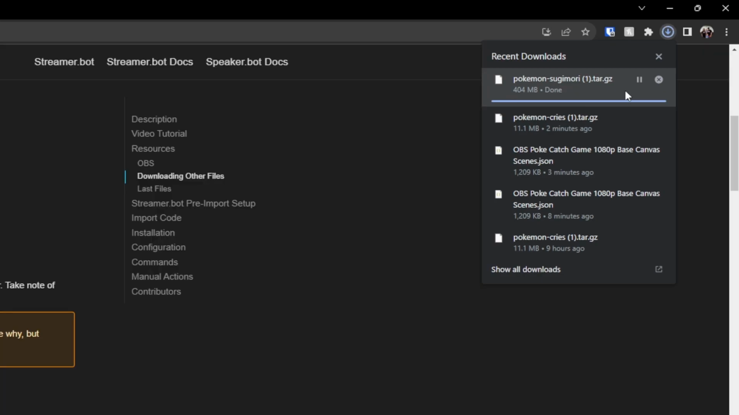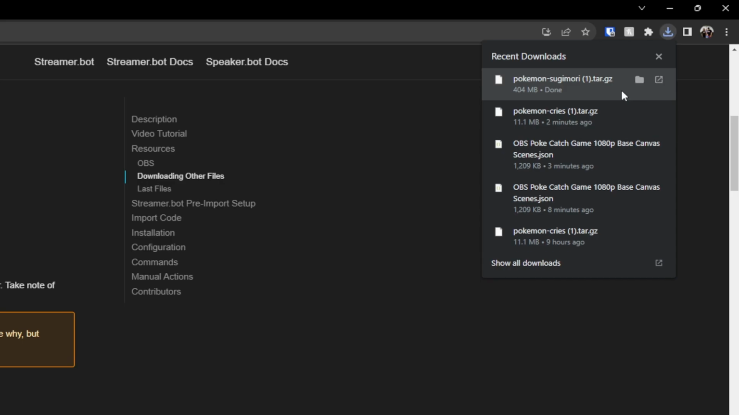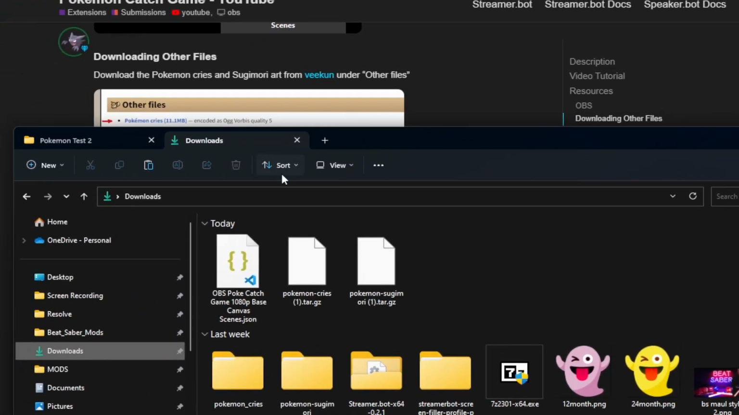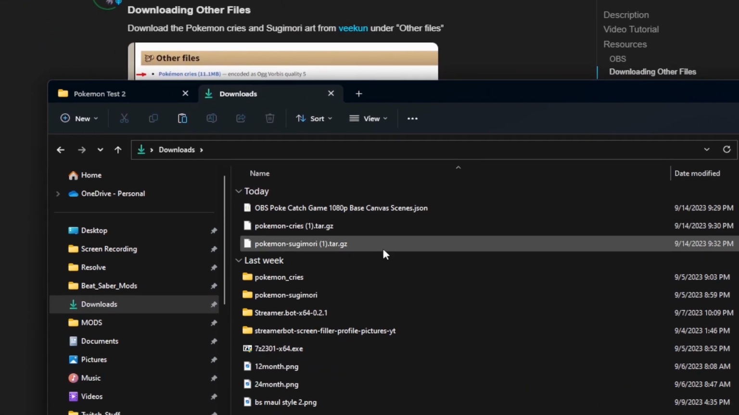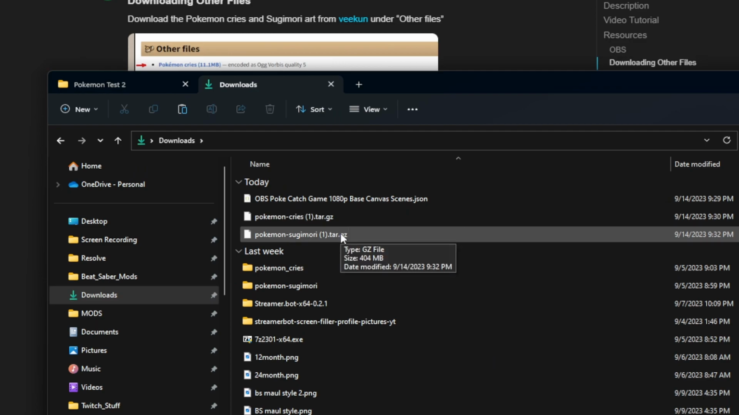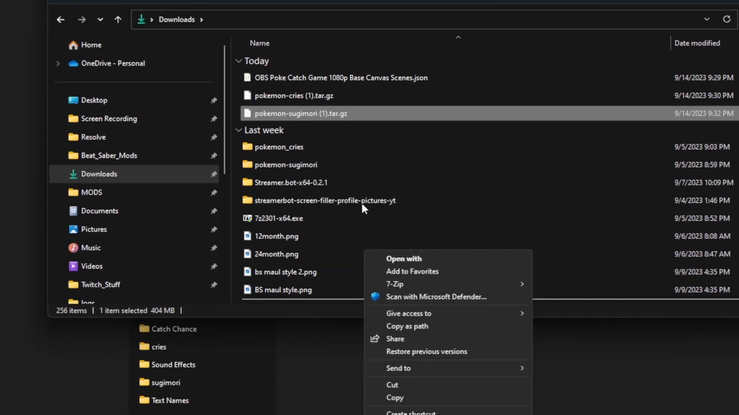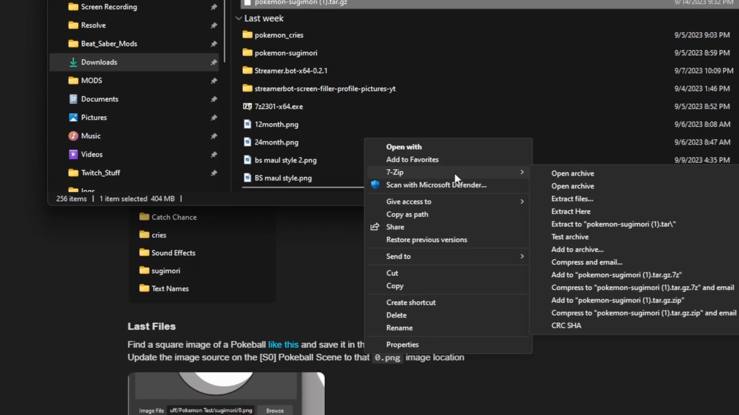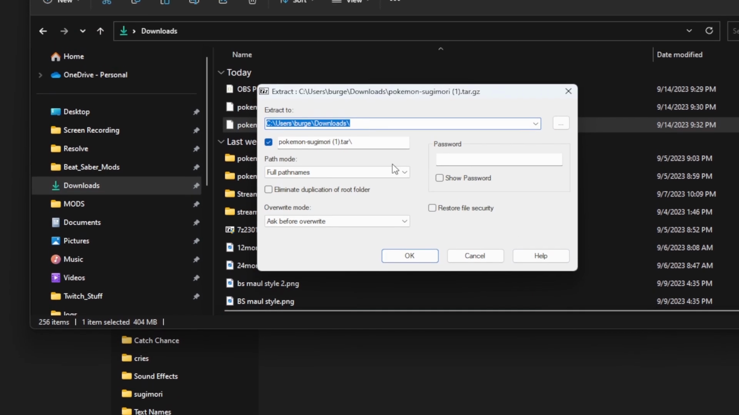Once that's finished downloading, then you're going to want to go into your downloads folder and find the .tar.gz files that you just downloaded. Now this is kind of weird. I had to get 7-zip and unzip them first and then extract them. It's kind of weird, but if I go here to show more options and then 7-zip, extract files,